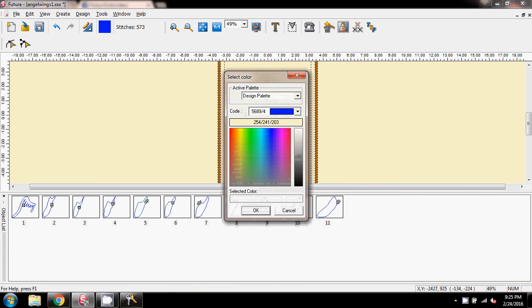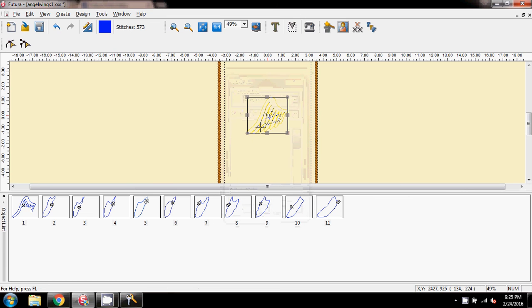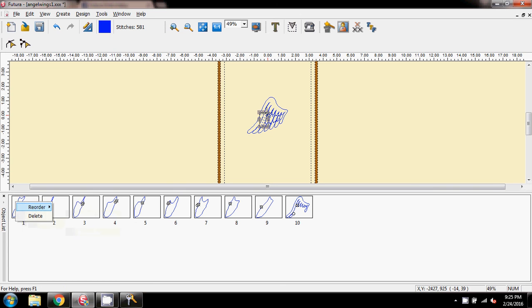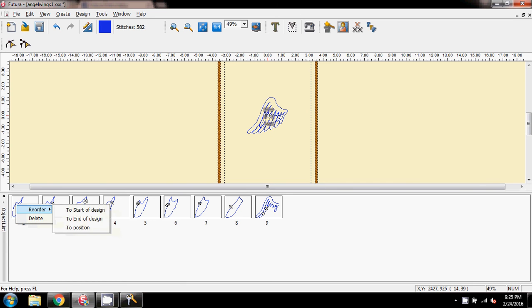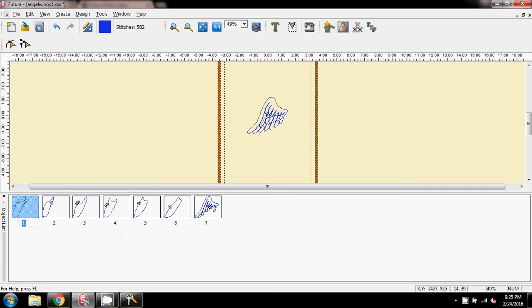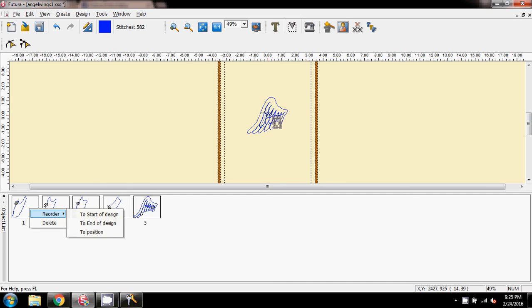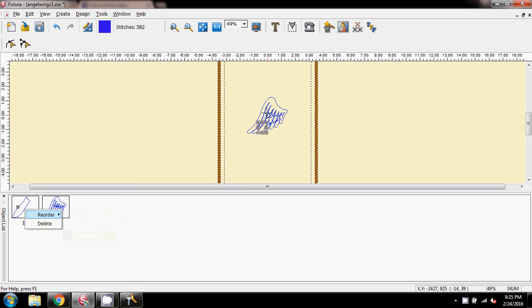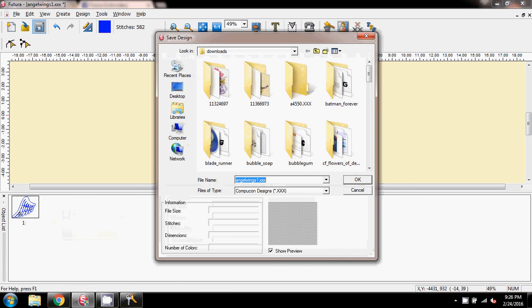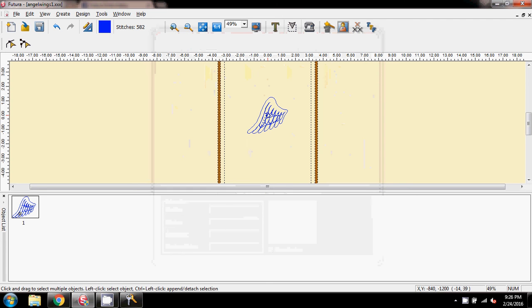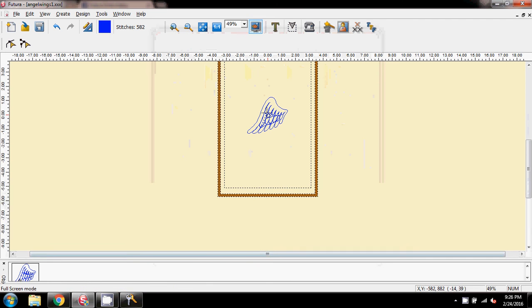So I'm going to come up here, I've selected them all, I'm just going to pick one of the blues, it doesn't matter, and say OK, and then I'm going to come down to here and reorder this to the end of the design, and I'm going to keep doing that with all of them. End design, end design, end design, end design. So now I've got them all in one block. I can save it. Already exists, I know it does,